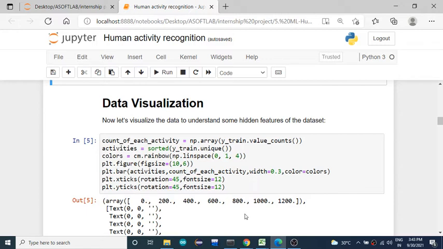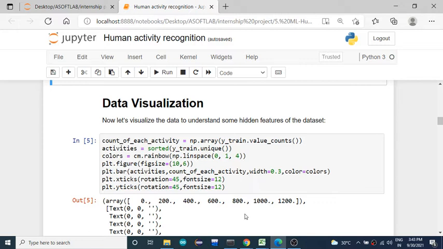Then, as the third step, we need to perform EDA, exploratory data analysis. We need to see what kind of data it is, what different features it contains, and how many samples it has. We also need to know the relationship between the features.